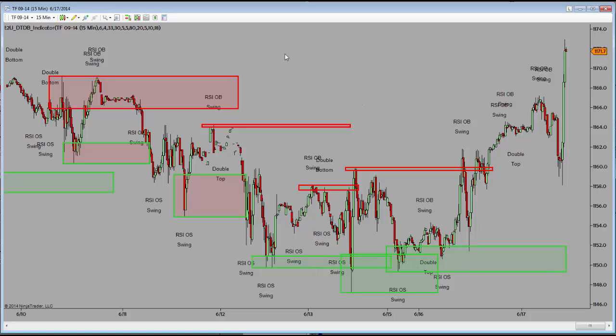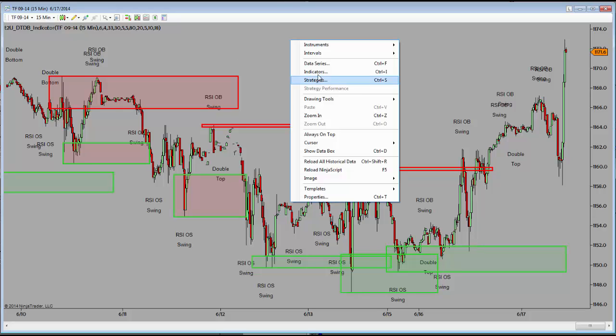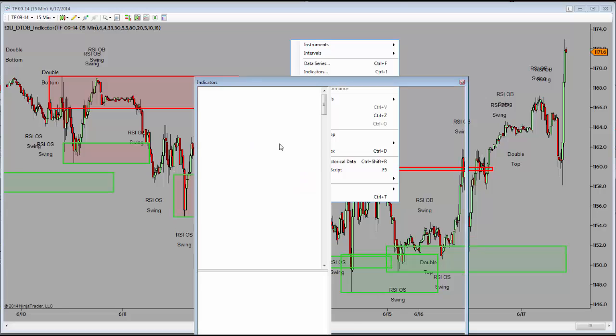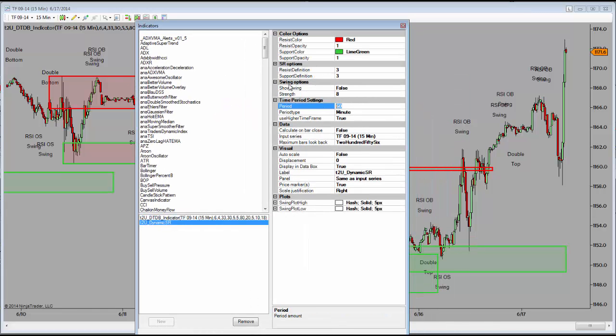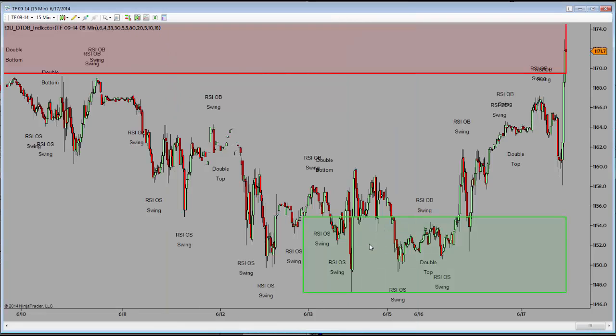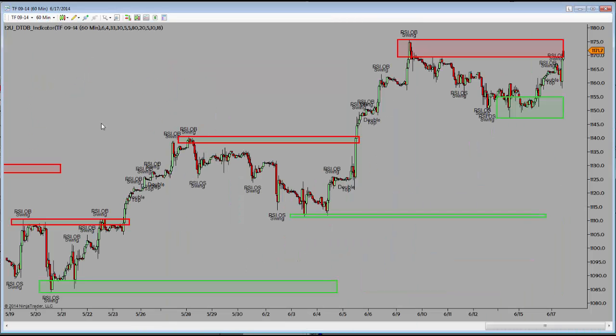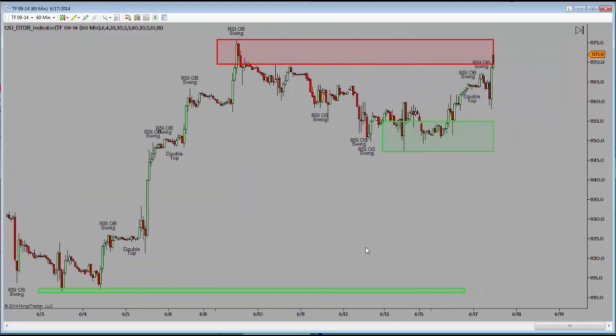Now if I want to go from the lower back to the higher, I want to change my DSR levels first. So we're going to go from a 15 up to the 60. So let's take this back to a 240-minute DSR level. Change my indicator first. That plots. And now I can come here and change my time frame to the 60-minute. Okay, and now finally let's go in and let's take a look at